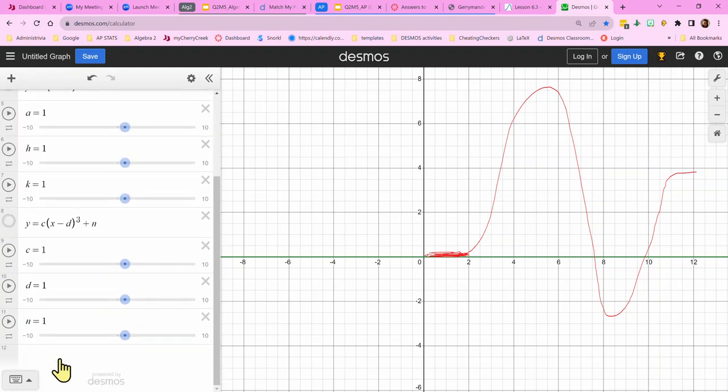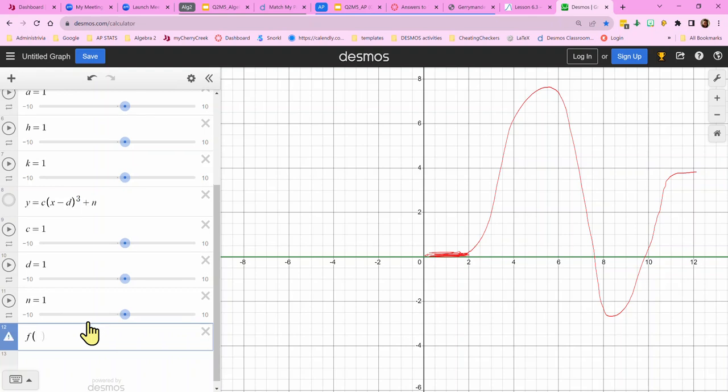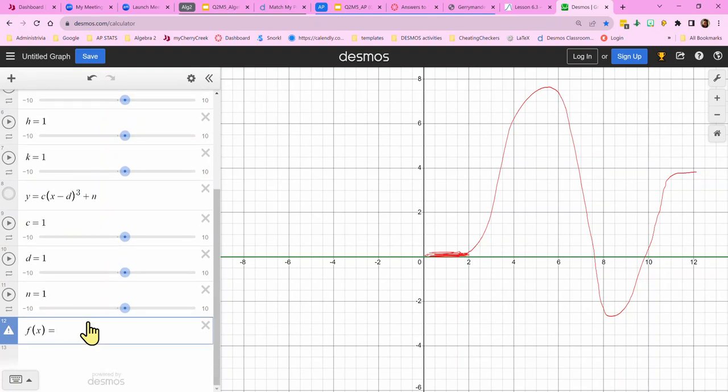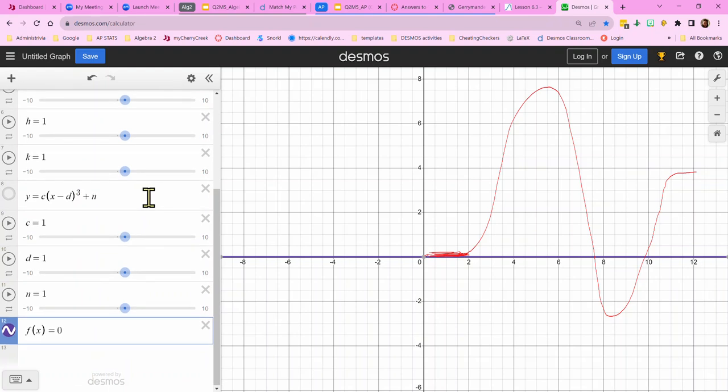Now I'm going to type in an actual keeper function. So we're going to just call this f of x. And I just have f of x equals 0 because that's what happens when you have zeros for your slope and your intercept, right? The right-hand side of this equation becomes 0. But I want to cut it off at about 2. So I want it to go from 0 to 2. So that's where these curly brackets come in. And I would like it to start at 0 and be in between 0 and